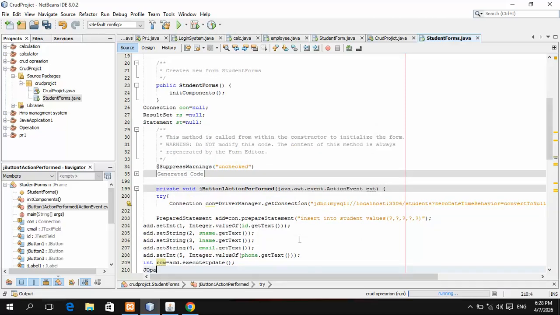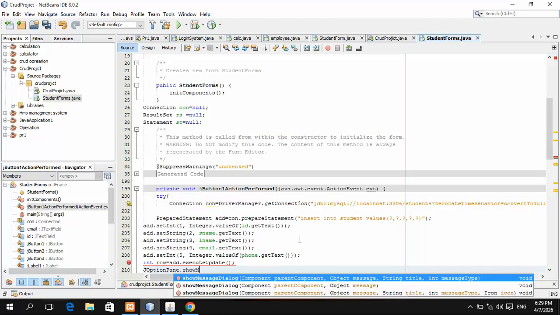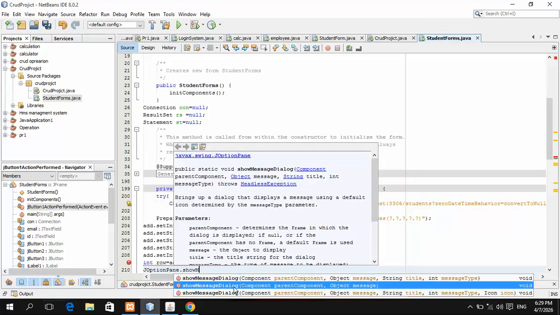For example, JOptionPane dot showMessageDialog. Click on this one.